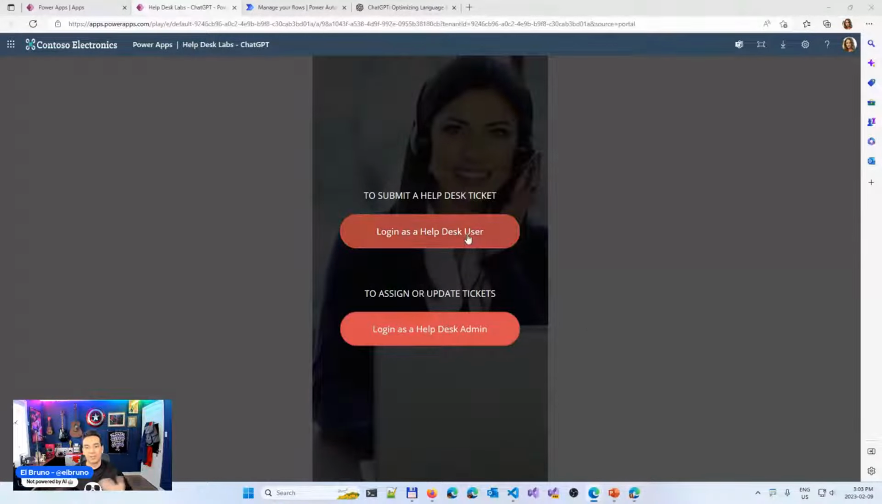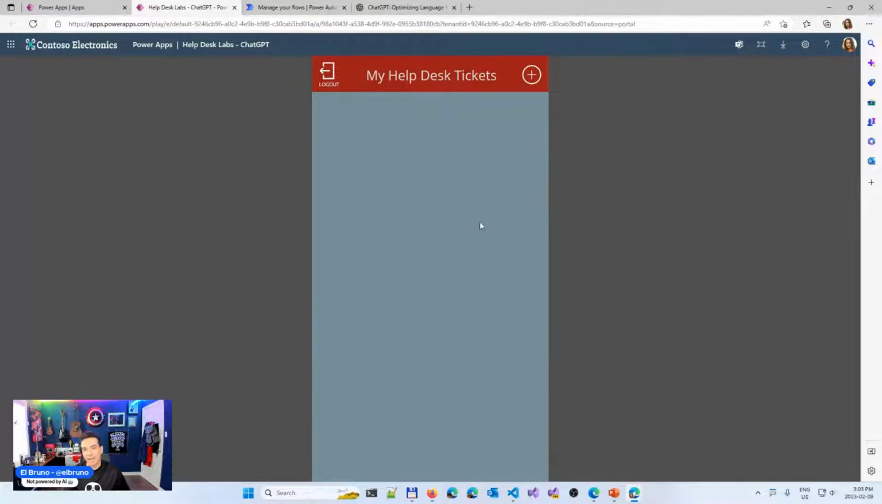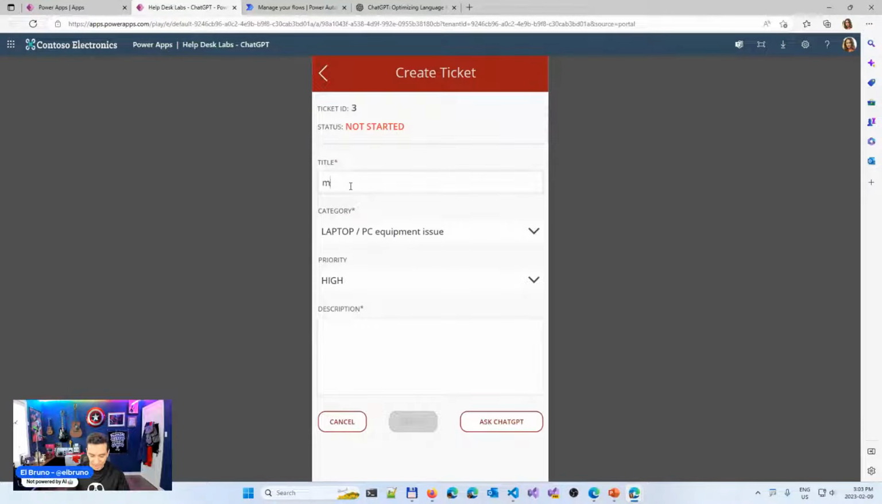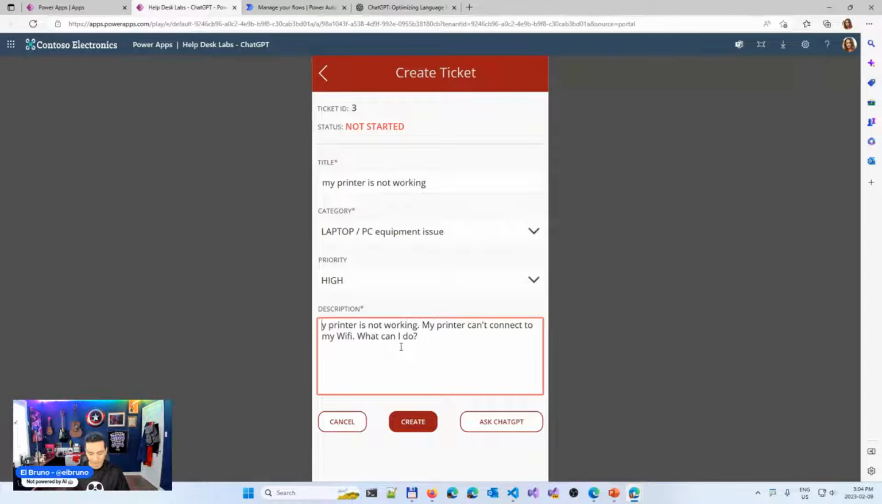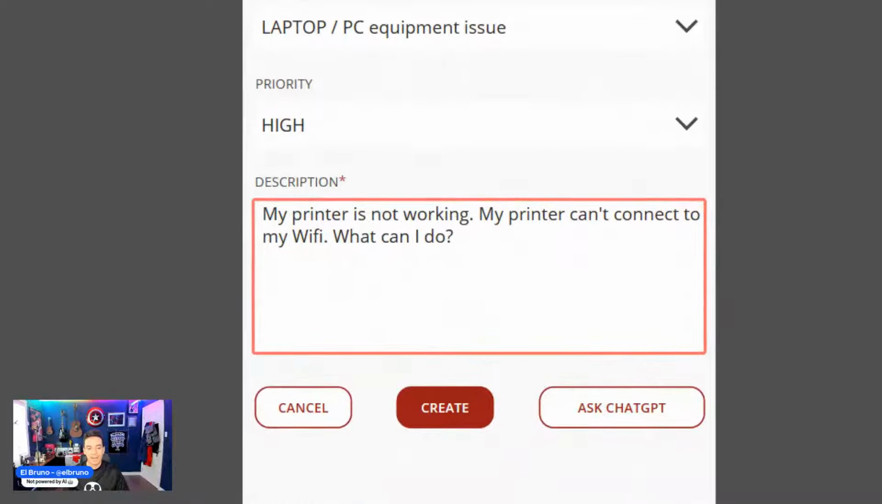And hey, I can create a ticket. So I can go here, create a help desk ticket. I don't know. I will say that my printer is not working. And this is a laptop PC issue. And I say my printer can't connect to my Wi-Fi. What can I do? So this is a standard ticket application. And you see here in the bottom that I have the create and cancel buttons, that I also have a